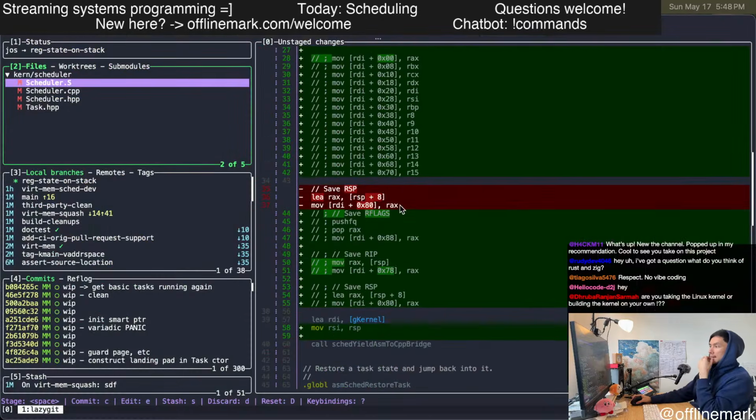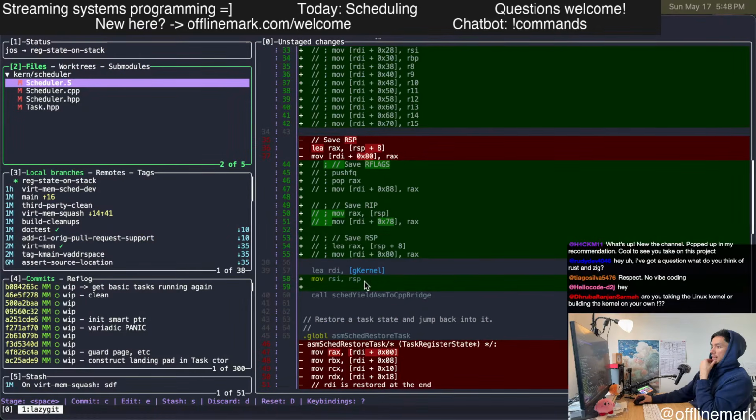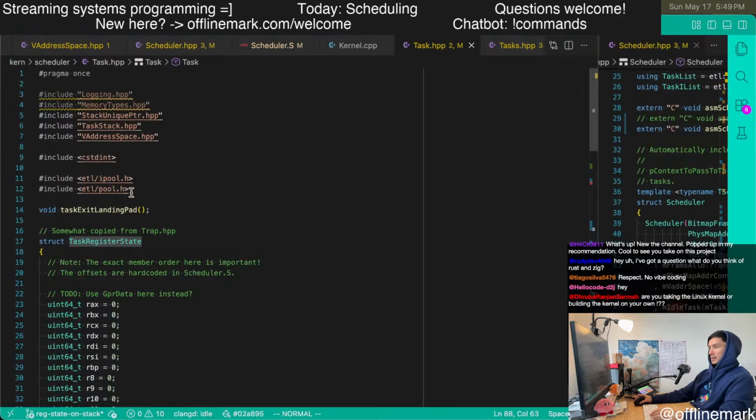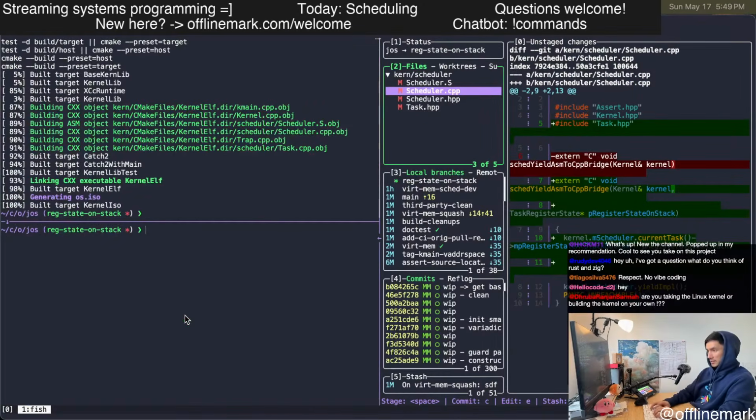That's looking good. Then we get the pointer to the kernel and then get the current stack pointer, and pass that in here. Sounds clean to me. Then we jump to the bridge, and now we have this change where we receive that argument, and I actually want to even see it.